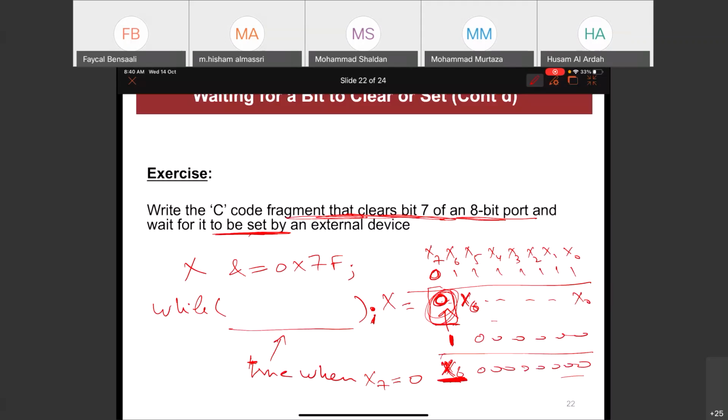So the condition is, which we did, and I don't know why you are very quiet about this, x AND 0x80 is equal to 0. If this is equal to 0, this means the bit is 0. If this is not equal to 0, this means the bit is not 0. And I want the condition when the bit is 0. So this is the condition, x